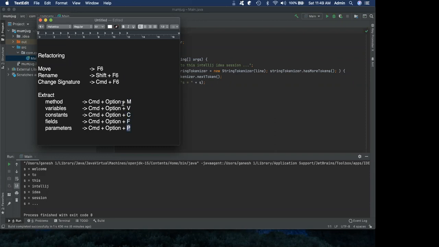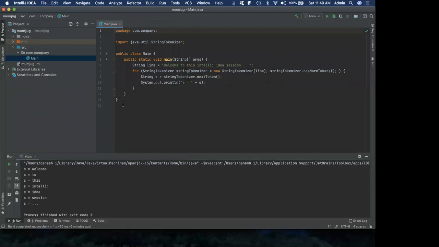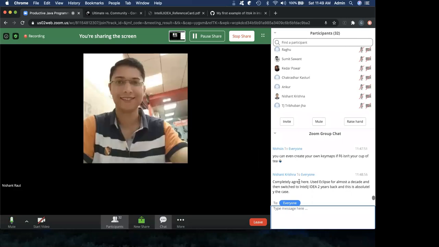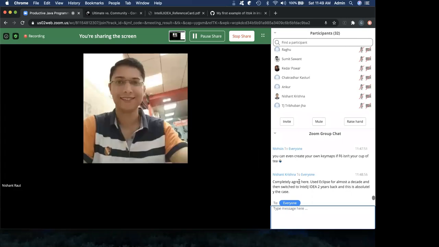So what I'm saying is that in my experience working with IntelliJ IDEA, it may be a little overwhelming to see the whole keymap, but once you try using it, there is an ergonomics to the naming of the shortcuts, which is not evident in the first go. So my recommendation is learn IntelliJ IDEA shortcuts. That way you'll be able to use the best of IntelliJ IDEA and not get mixed up between Eclipse and IntelliJ IDEA. Nishant, did I answer your question? Yeah, it got answered, and I know the trick as well, how to remember the subsets of shortcuts. Okay, awesome.